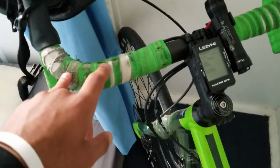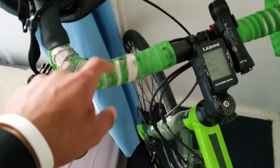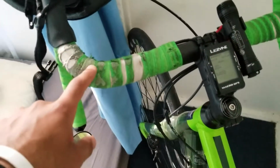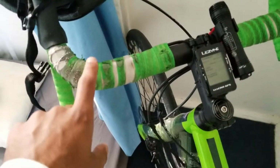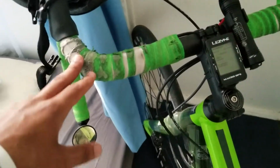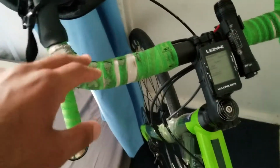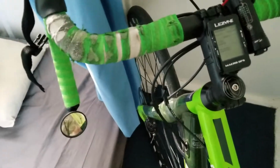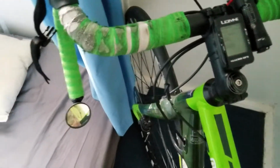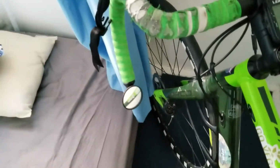I've had these for about a year, which is probably a decent amount of time to have bar tape. Even about 8 months in, they were still in decent condition. They were dirty, but I put a lot more use on my bike when I'm traveling and stuff like that. So the wear and tear started to ramp up. Maybe this was good use for bar tape, and some bar tapes don't last as long as a year,